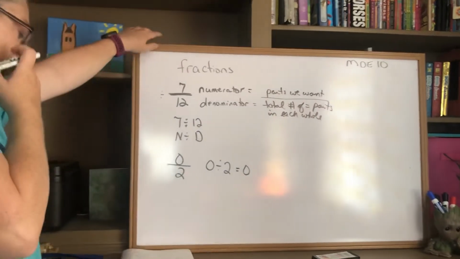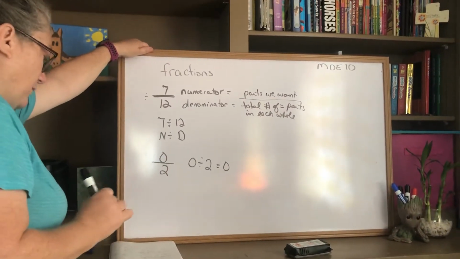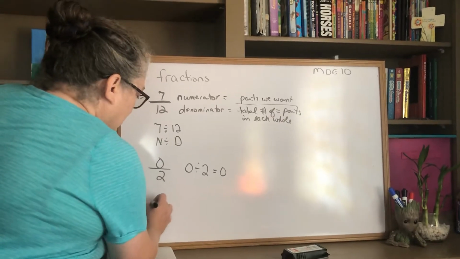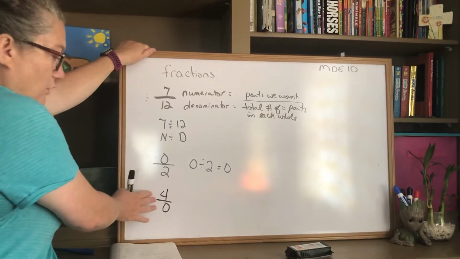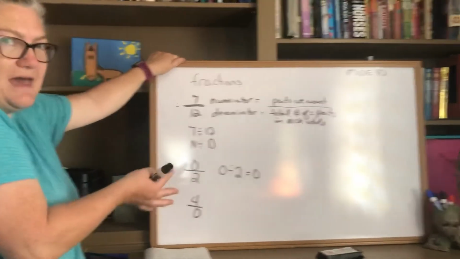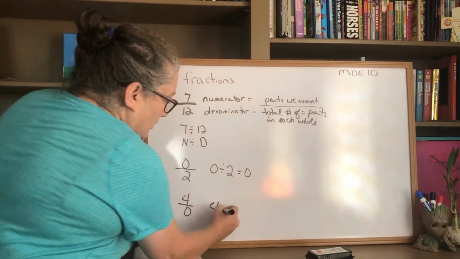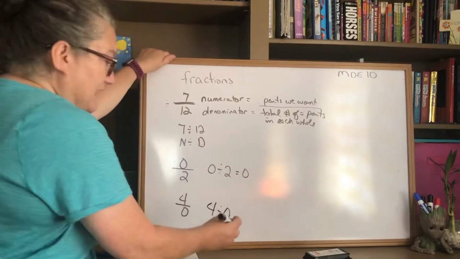Okay, so let's do another problem here. We've got a couple examples going on here. We have another one. We have 4 divided by 0, or 4 over 0. That means that we have 0 total parts, but we're wanting 4 of them. How can that even be possible? If we wrote this as a division problem, it would be 4 divided by 0, and we actually call this